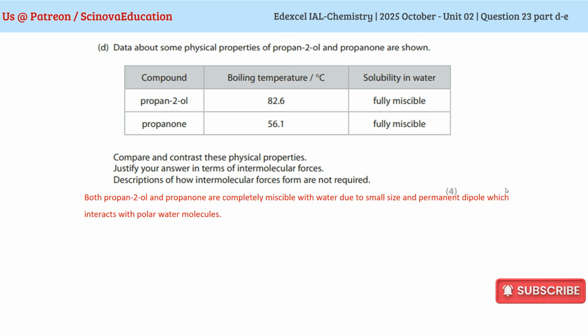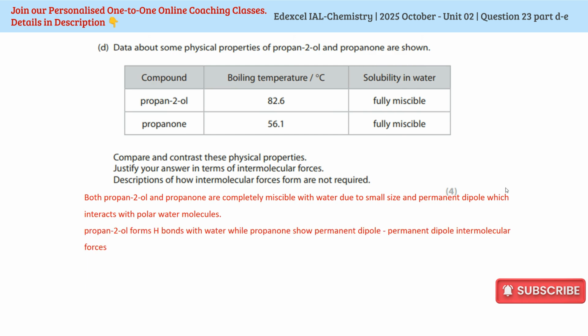So both propan-2-ol and propanone are small 3-carbon molecules. Therefore, because of this small size and permanent dipole nature, they interact with water molecules. Therefore, they are fully miscible. The intermolecular attraction forces involved are hydrogen bonds between propan-2-ol and water, and permanent dipole interactions between propanone and